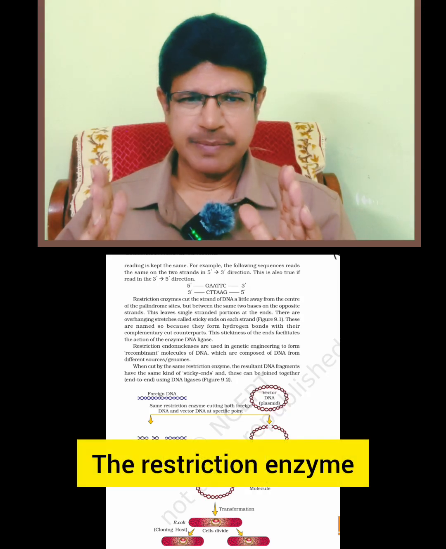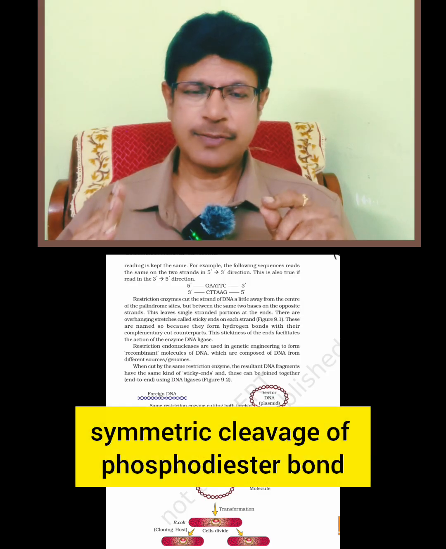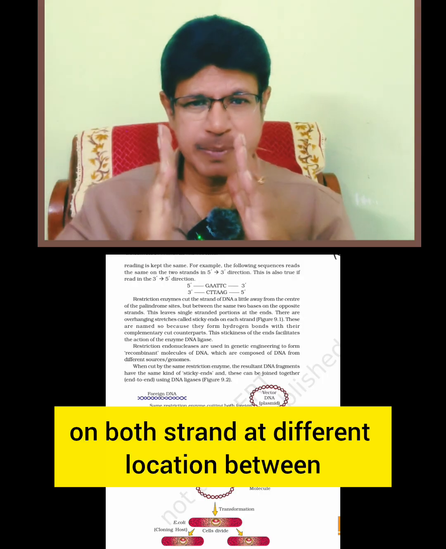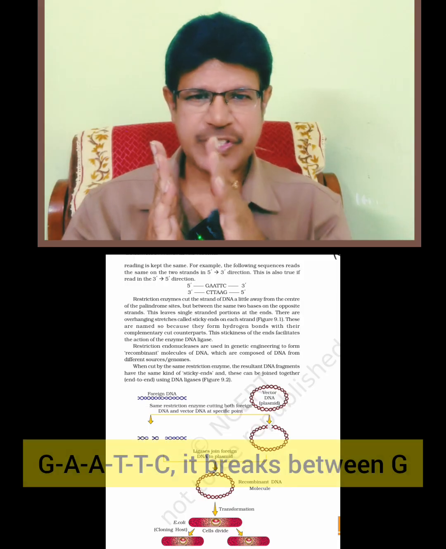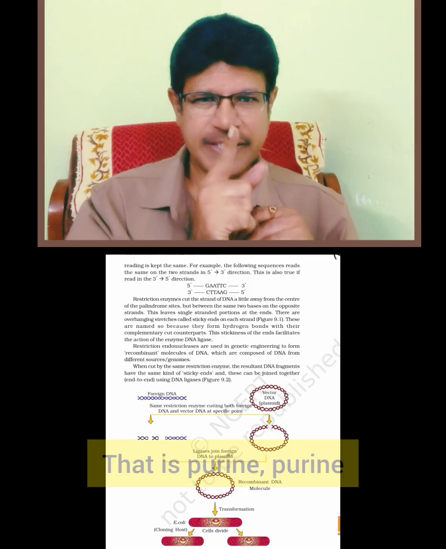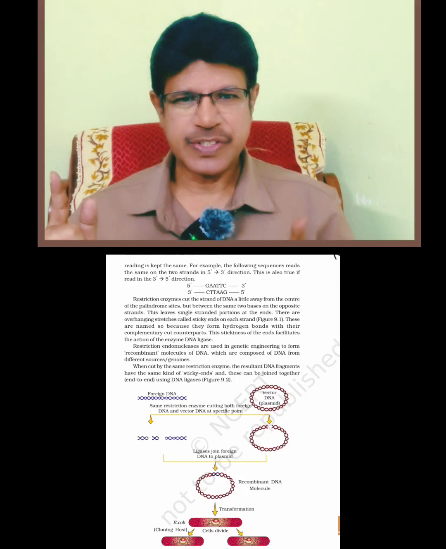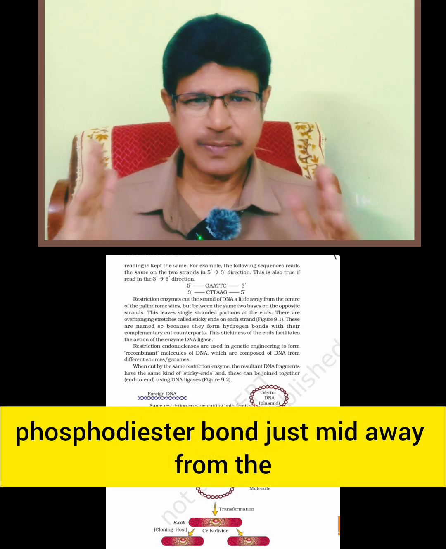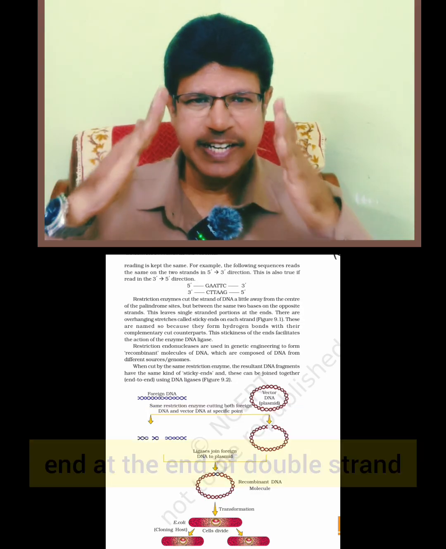The restriction enzyme, in the case of EcoRI, cleaves the DNA with symmetric cleavage of the phosphodiester bond on both strands at different locations between the same nitrogen bases, just mid away from the palindrome. GAATTC: it breaks between G and A in the 5 to 3 direction. That is purine, purine. In the second strand, 5 to 3, also between G and A. So symmetric cleavage of the phosphodiester bond, just mid away from the palindrome, results in a single-stranded sticky end at the end of the